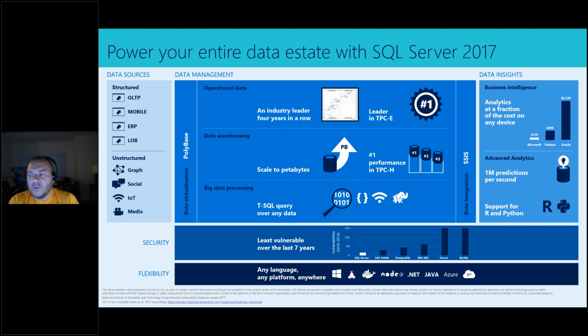And it's not only about the choice between on-prem or cloud. We also have support now for Linux operating systems, which is very important for Microsoft, because we saw that many customers would love to move to SQL Server, but they don't necessarily like Windows Server. And so we wanted to make sure that all the greatness that we have in SQL Server is also available for customers who prefer Linux operating systems such as SUSE or Red Hat Enterprise Linux.